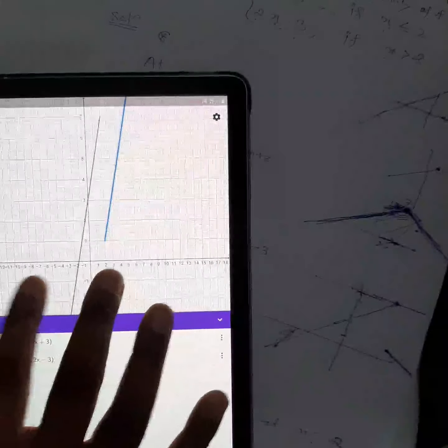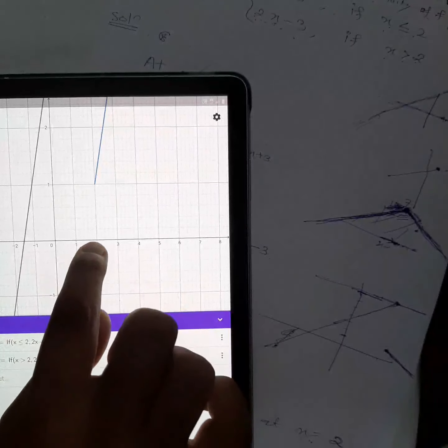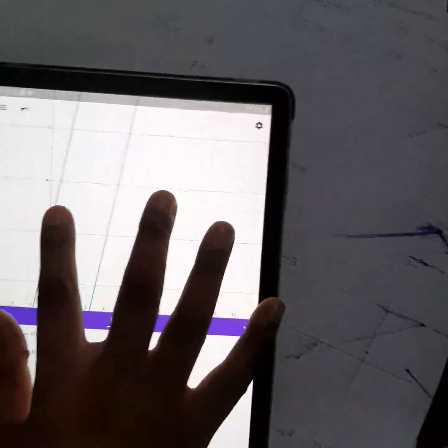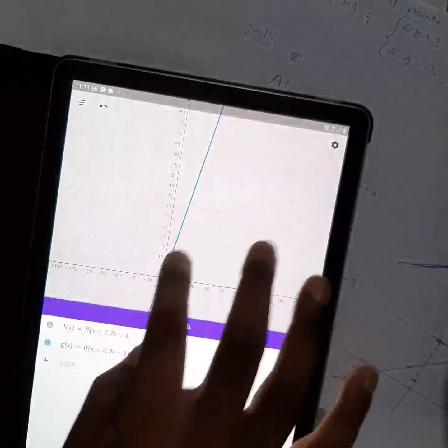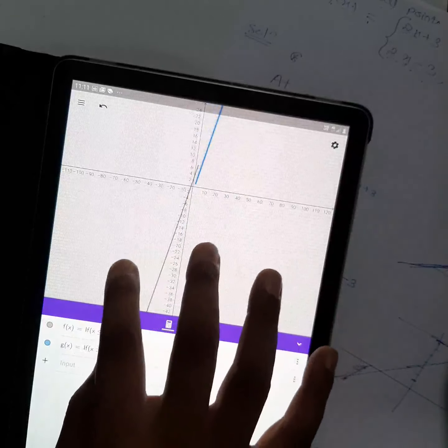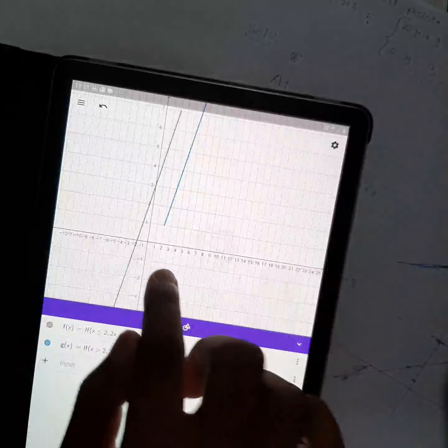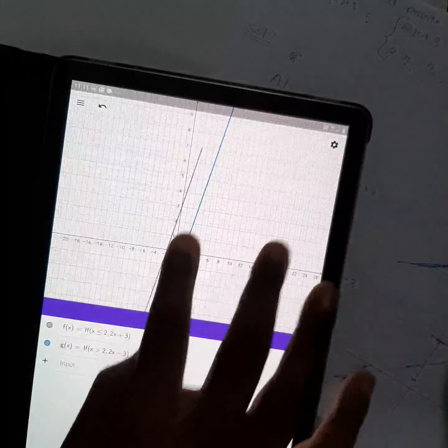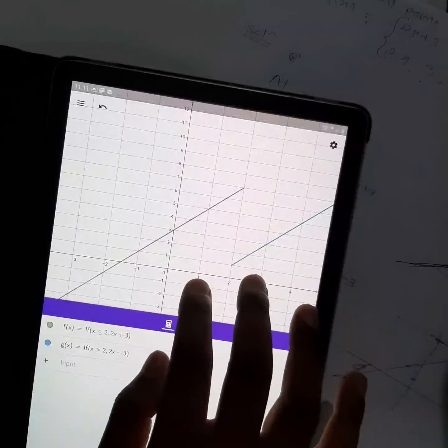Anyway, so you can see the graph is breaking at what point? At 2, x equal to 2, you can see x equal to 2. This is the graph. Greater than 2, you can see it will never break. It will never break. Can you see? Okay, and less than 2 also it will never break. You can see this one. But at 2, less than 2, you can see this is the graph. It will never break. Okay, the graph is something like this.